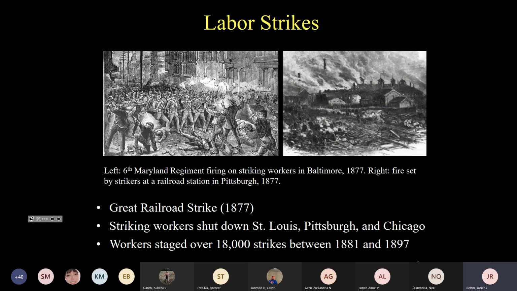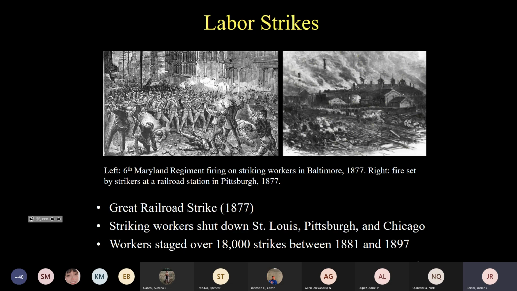Moreover, there were additional wage cuts. In July 1877, for example, the Baltimore and Ohio Railroad, after a round of wage cuts, imposed another 10% wage cut on their workers. And their workers basically had it and launched a strike. The strike then went like wildfire and it spread across these railroad lines. It spread from Baltimore all the way to Martinsburg, West Virginia, and then to dozens of railroad lines across the country. This was the first time, because of the build out of the railroad network, that workers could go on strike in one place and then it would spread across thousands of miles. And so pretty soon, much of the nation's railroad network was shut down.